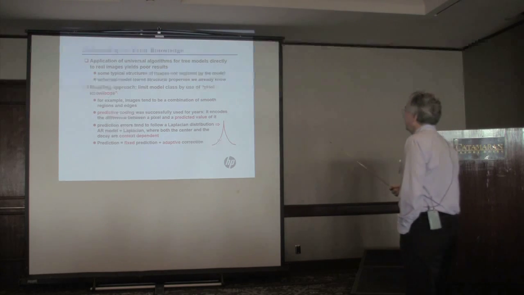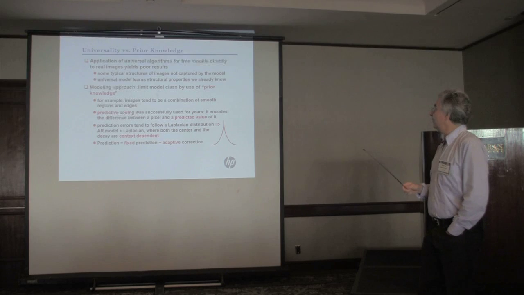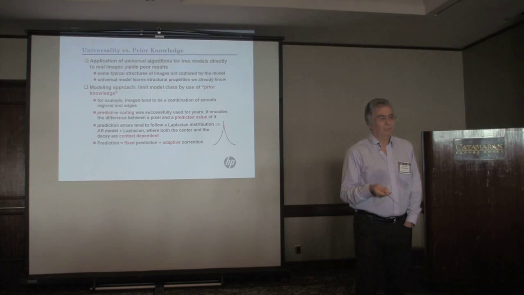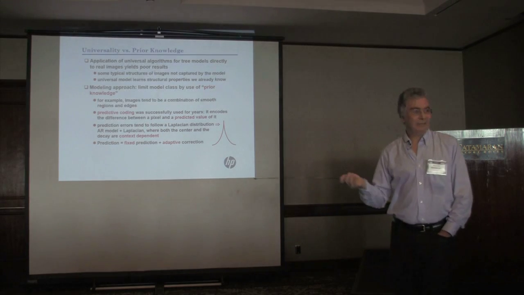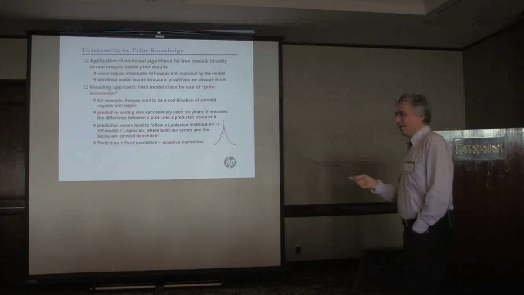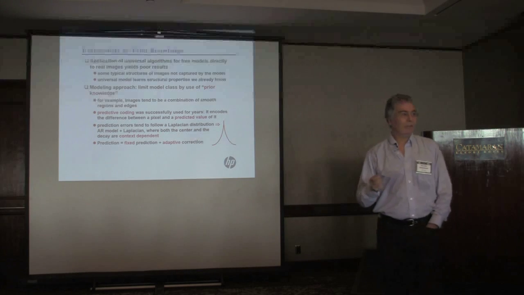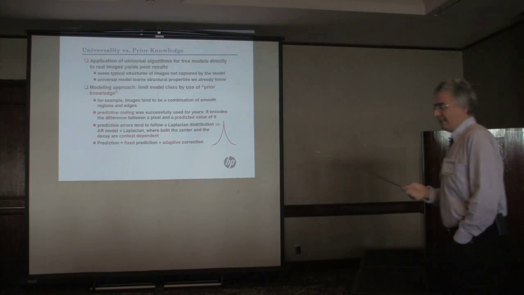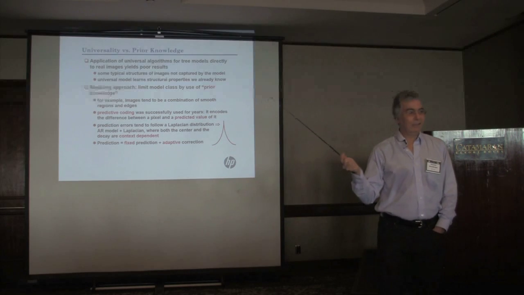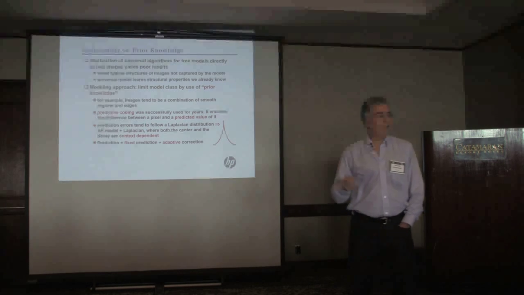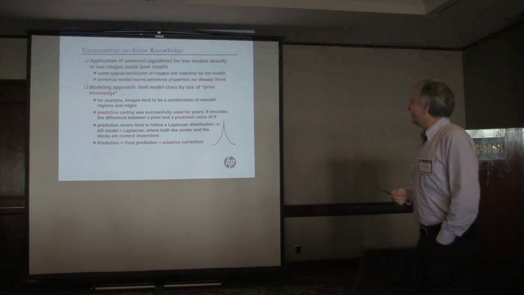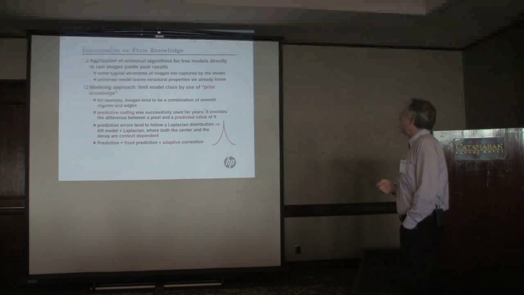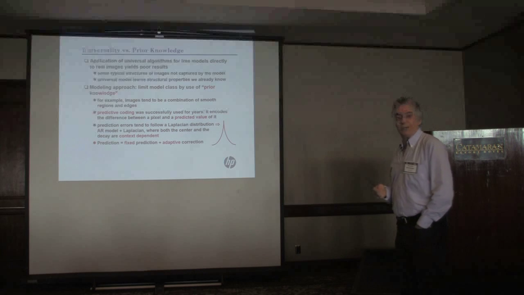And second, we were not choosing the right model class for another reason, which is that we were learning things about images that we already know. I will list these things right now, but say, if you apply any of these context-based algorithms or Lempel-Ziv to an image, the compression is very small. The reason is that eventually it learns the patterns, but maybe only after a long time. So the modeling approach that we took was to limit model classes by the use of prior knowledge.